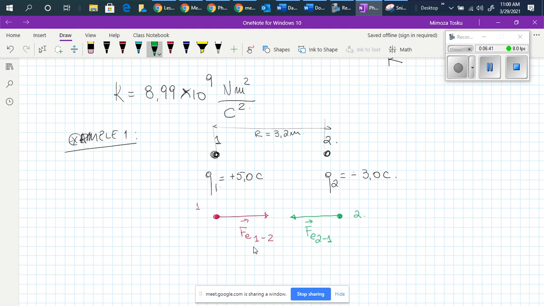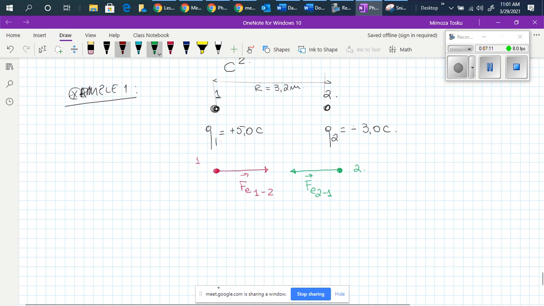So, but again, they do not cancel each other because they are in two different objects. So when we draw the free body diagram on Coulomb's law, we identify the direction using the nature of the charges and the magnitude using the formula k Q1 Q2 over r squared. So in this case, the magnitude of the electrostatic force that object 1 is experiencing as a result of object